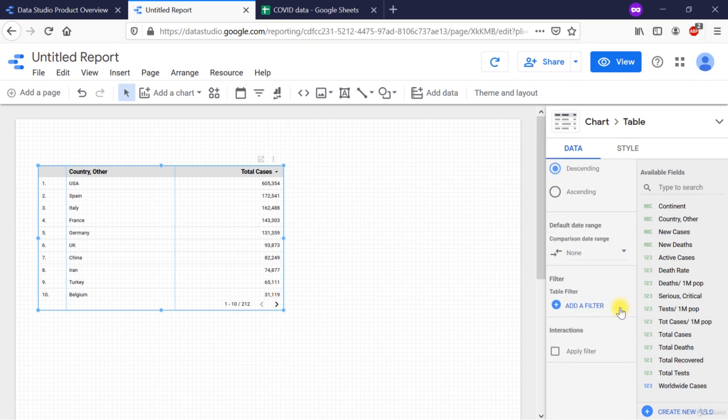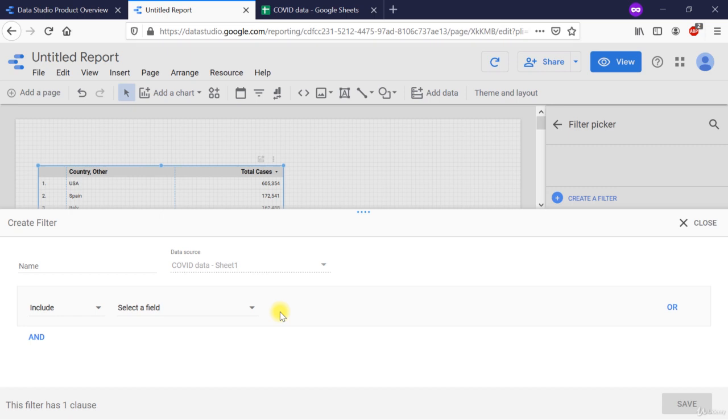Then comes the option to filter data. If you have worked with tools like Excel or SQL, you know about it. But if you haven't, filtering data simply allows you to remove some data which you do not want to see according to some pre-given condition. For example, if in this table I do not want to see the first row, which is USA, I can add a filter by clicking on this button. Select exclude